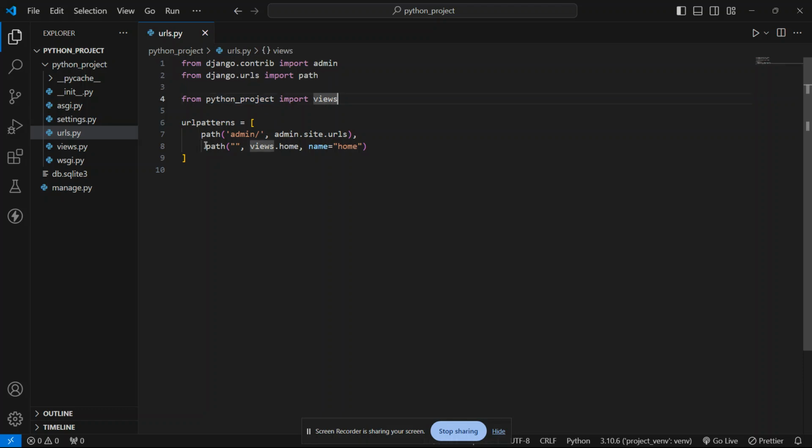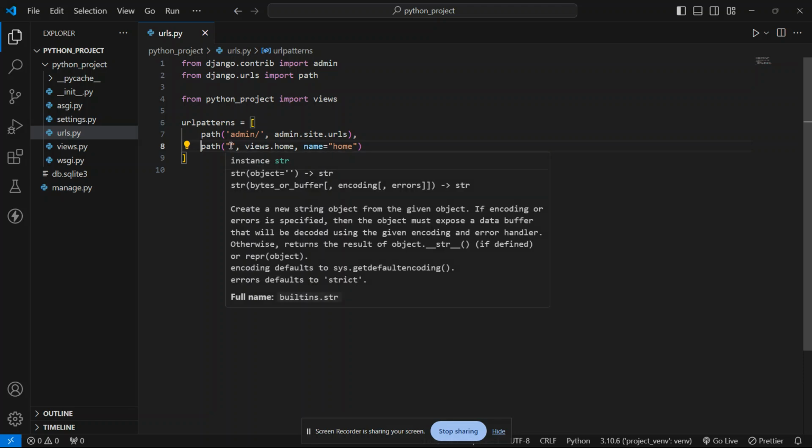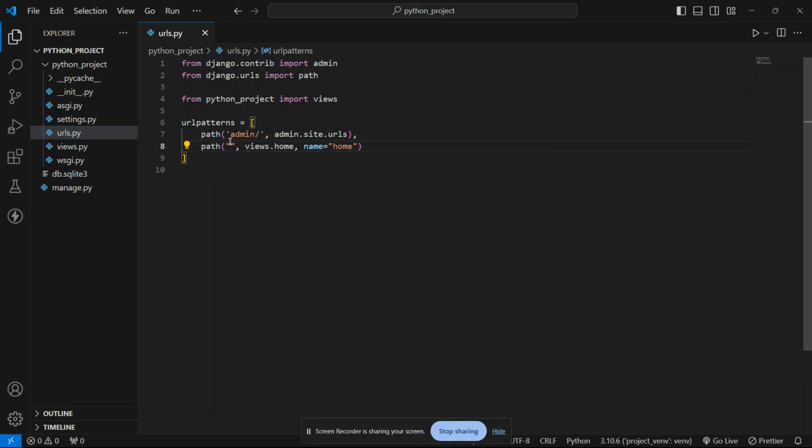After that we have this line number 7 by default, and we have to include this path line. We have this function path, as you can see before. Inside this path we use an empty string. We declared one empty string.